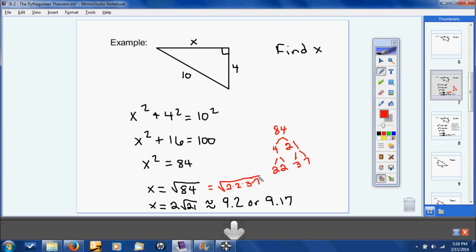Okay, so 3 and 7 stay under, and one 2 comes out, so you get 2 times the square root of 21 equals 9.2, or 9.17. Let's make sure everybody has gotten that written down. 4, 2 times 2 times 3 times 7. So x is 2 times the square root of 21, or about equal to 9.2 or 9.17, depending upon whatever